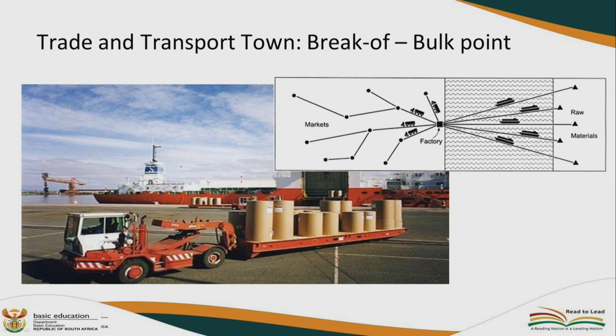That is why I have indicated here an example of sea, and the ships that carry goods and deliver them here. When they deliver here, you see these are the trucks that take the goods from this place and transport them to different markets. So this one we call